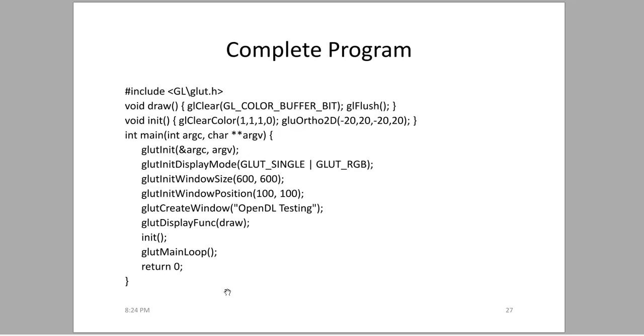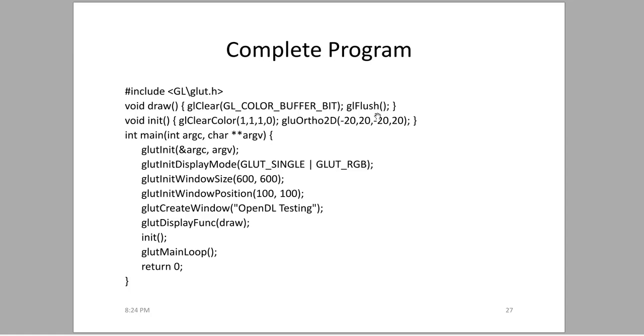Okay. Now, what we see here is the complete OpenGL program that we have discussed. So the very first thing, we include GL glut. Okay. Then we have the draw function. In the draw function, what we have is glClear and glFlush. Now we write the whole draw function as a single line. Normally, it will be in 4 or 5 lines, but just to have the whole program on a single screen, we have this draw function in a single line, and it works fine, because in C++,